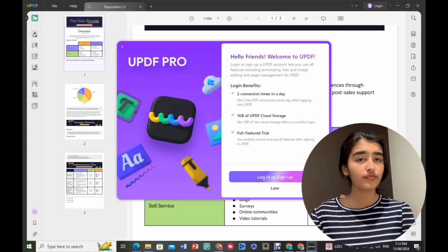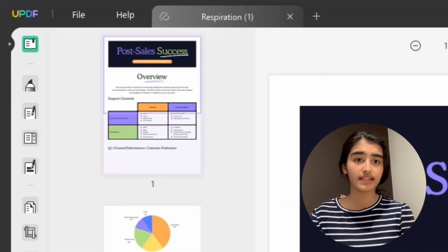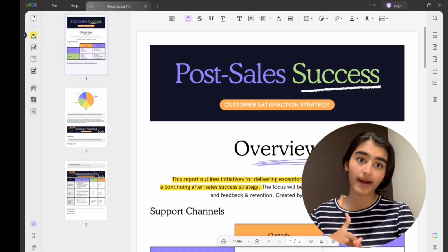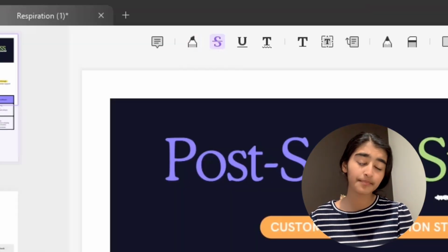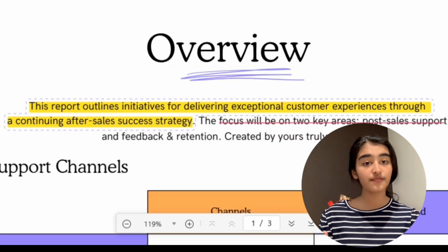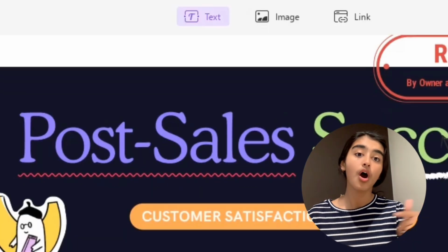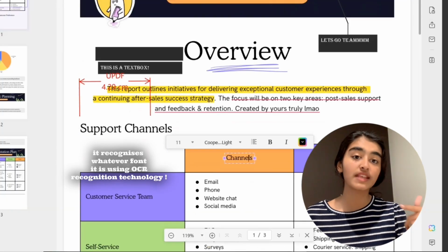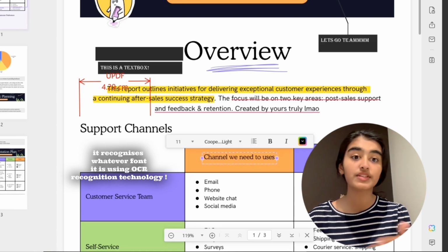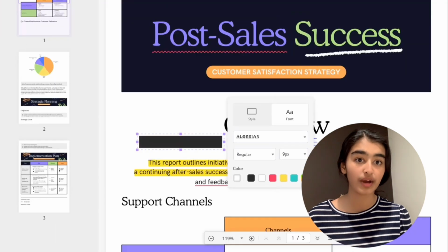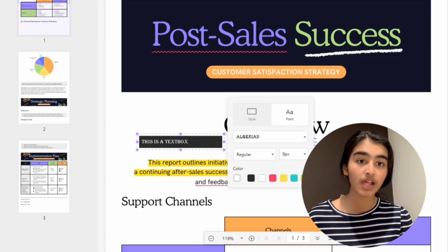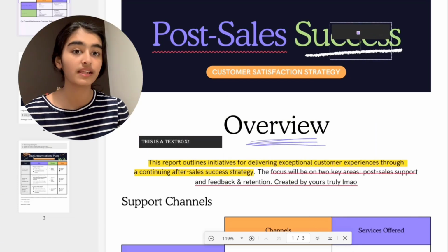Have you ever found yourself in a lecture or some sort of class where they give you lots of study materials, but not in Word or PowerPoint format, just the PDF? Well, if you have that problem, then UPDF has you sorted as well because it has a feature where it uses AI and OCR, which is AI text recognition, and it can recognize whatever text you have in your document and allows you to edit it in the same font. Another thing this allows you to do is underline, highlight, and basically take notes